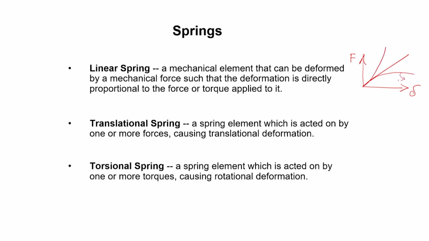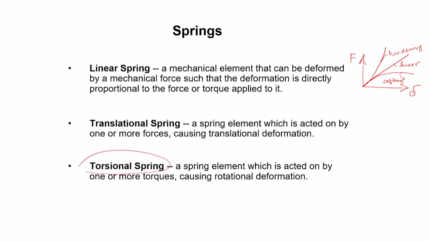This type of non-linear spring is called a softening spring. So, this is softening. This is of course linear, and if suddenly the stiffness increases, then this becomes a hardening spring. So, when we talk about springs, we actually talk about all these three variations: hardening, softening, and simple linear springs. Now, springs can be used for translational movement control, or they can be used as torsional springs,